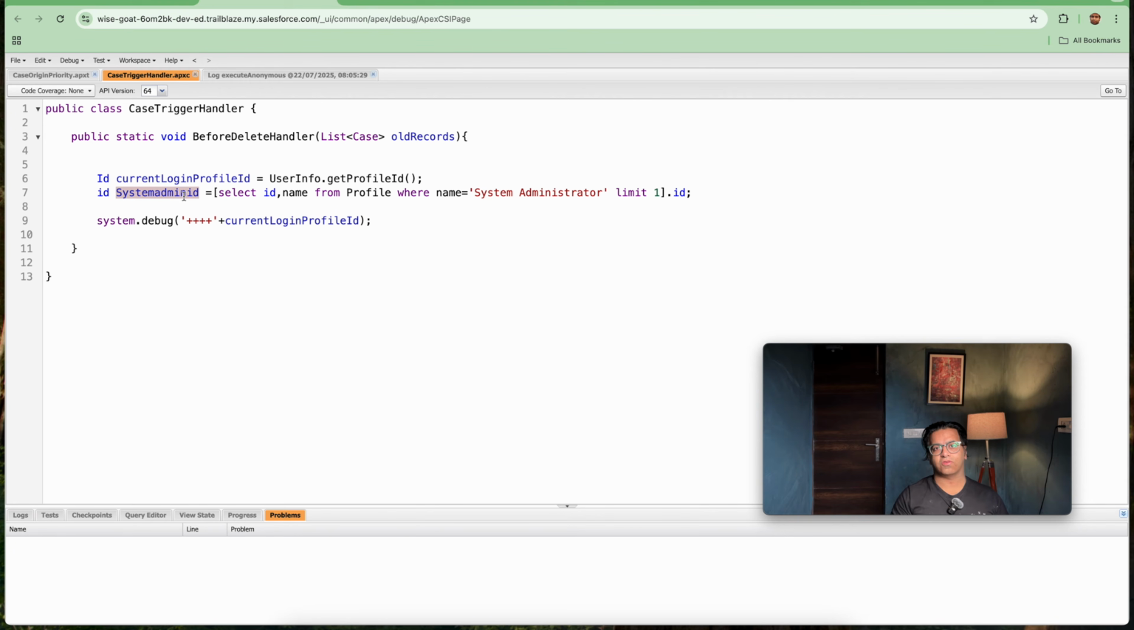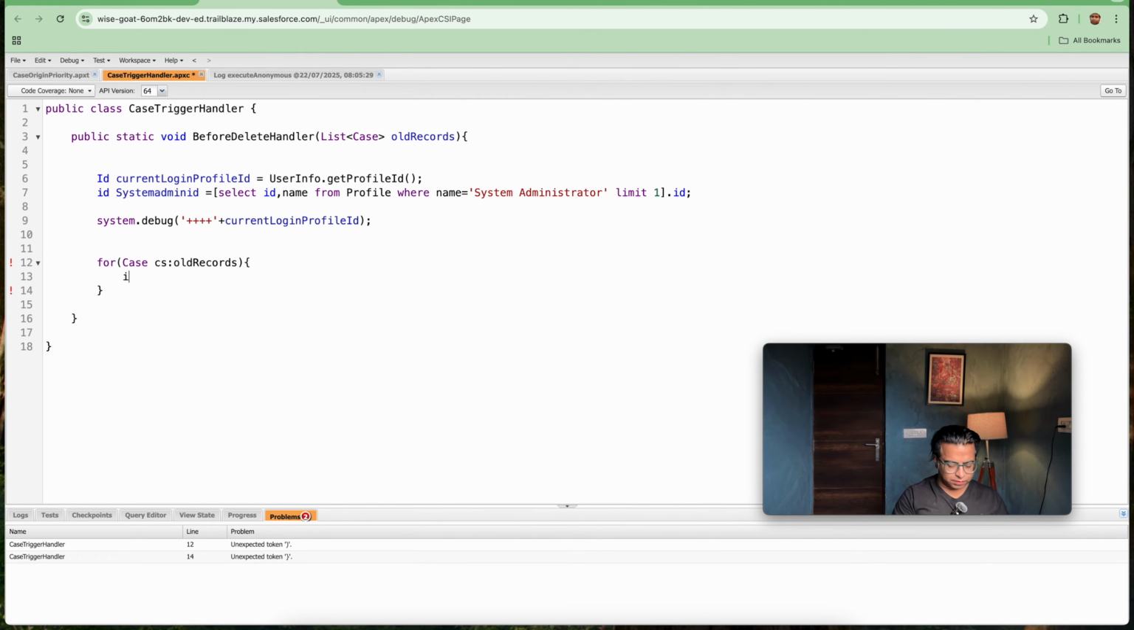Now we just had to give the validation error here. So how will we be doing it? In order to provide a validation error on a before trigger, we need a trigger.old instance or trigger.new instance. So how will I be doing it? I will be taking a case object, case cs colon, that is iterating over the old records. So here what I will be doing, if